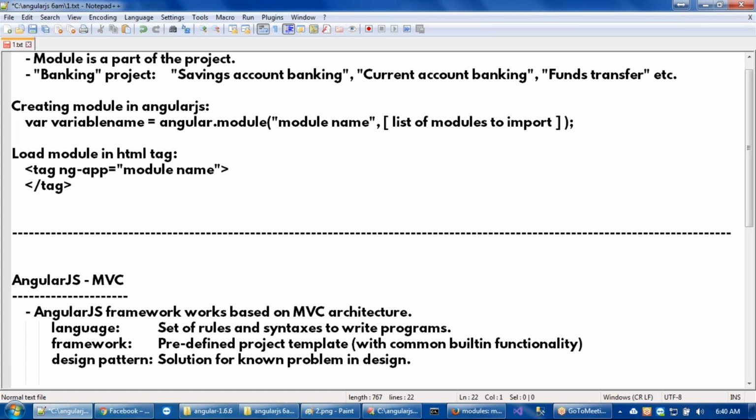Just a suggestion given, a valid proper suggestion, proper research already done, and finally, it's a solution for a known problem in design. The problem is already known, and they are providing the solution. That is what a design pattern is. Here, design does not mean UI design, like designing a web page. Here, design means project design, architectural design,